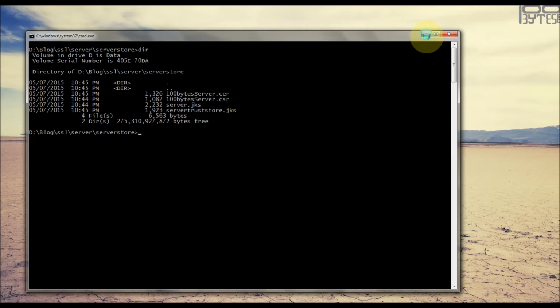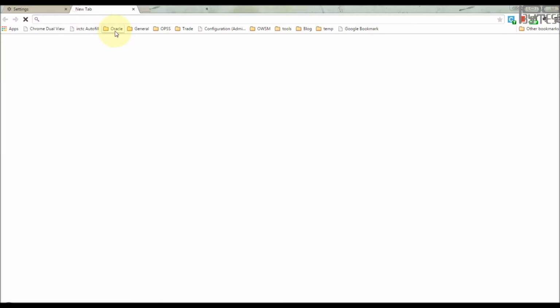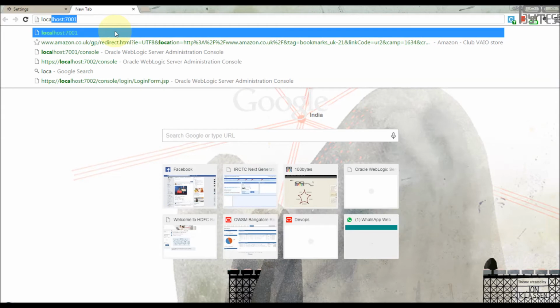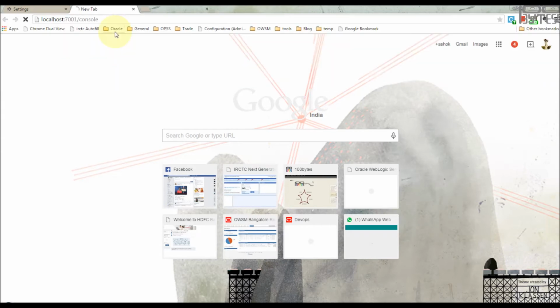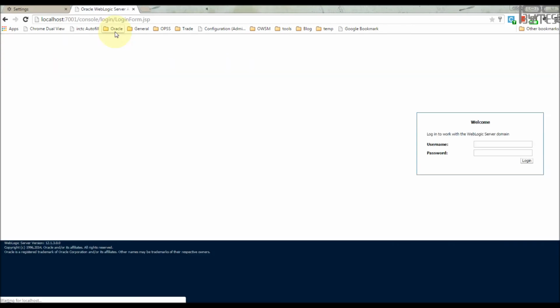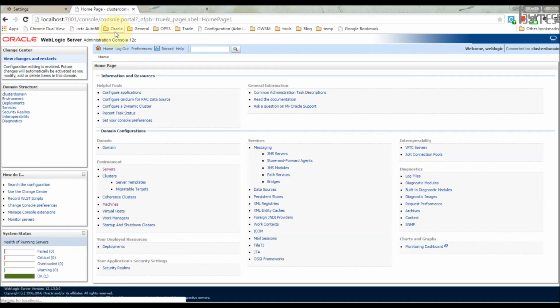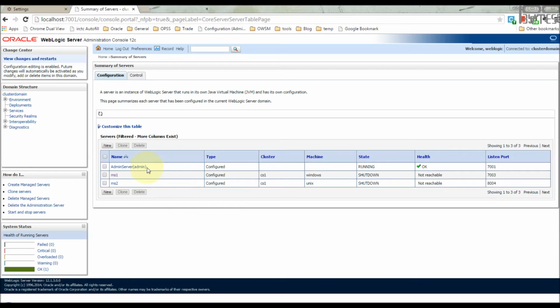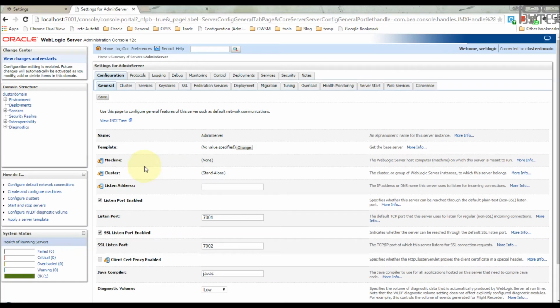Currently I have the admin server running. Let me open the console for this admin server. Here we are going to configure our admin server for one-way SSL. For this, first you have to go to Servers, then Admin Server. Then you have to enable the SSL listen port, which by default will not